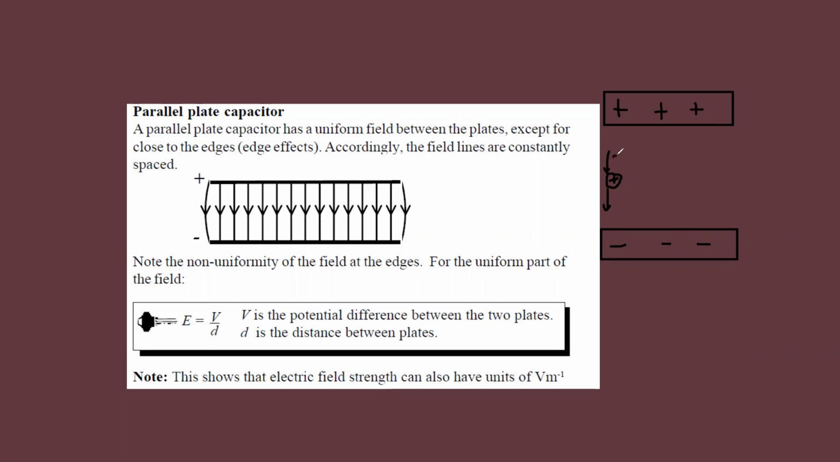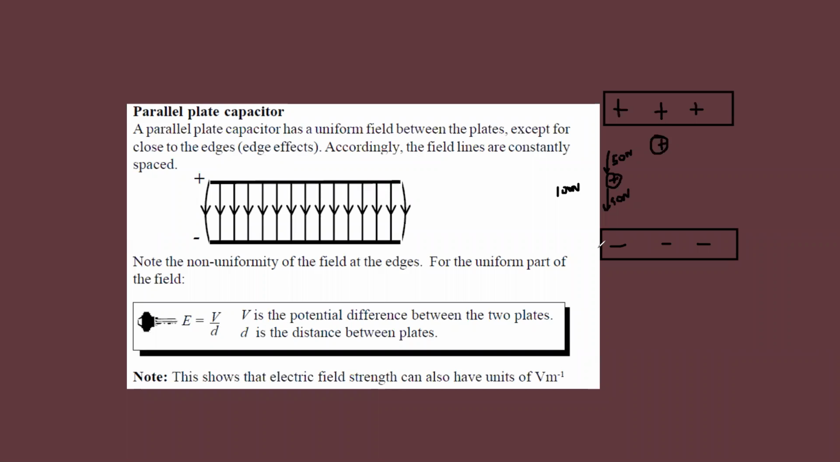So at the center, if the force exerted by the positive plate is 50 and the force exerted by the negative plate is 50, what is the resultant force here? Because it is in the same direction, the resultant force will be 100 newtons at the center. But if I move this positive charge